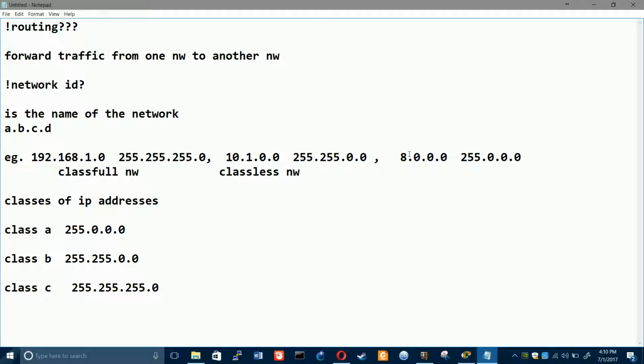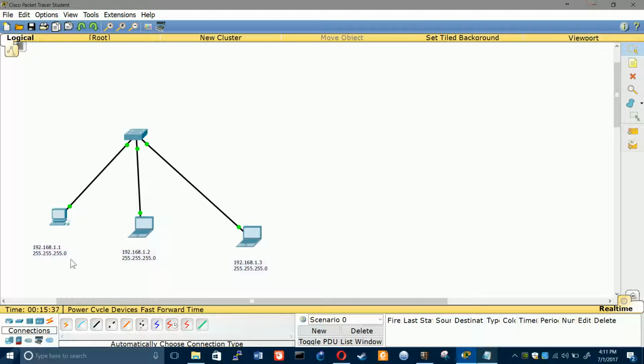Okay. What about this guy? It is a decent guy. It is a class A IP, and it is following the default subnet mask. So this is a classful network. Now, how do you calculate the network ID? This is the network ID. You know, classful, classless, subnet mask. Good enough. Now, we have in front of us IP addresses, not the network IDs, because we are going to